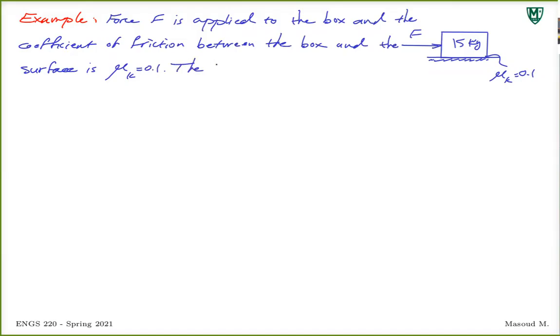The box is initially at rest. Now we are told that if F is equal to 20 newtons, find